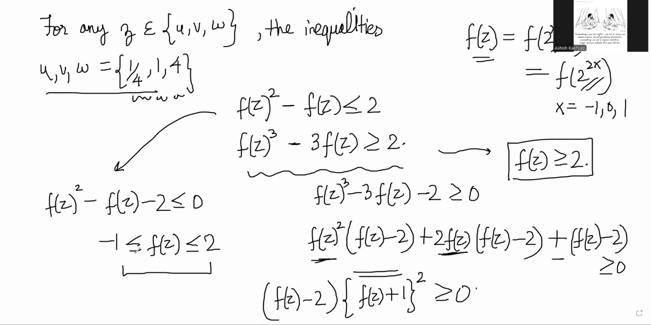So notice that we have f of z can be anything between minus 1 to 2 and also can be greater than or equal to 2, right? And both these conditions have to be satisfied simultaneously. So it cannot be greater than 2. So it has to be equal to 2. That is the only possibility, I think. So what we are getting here,